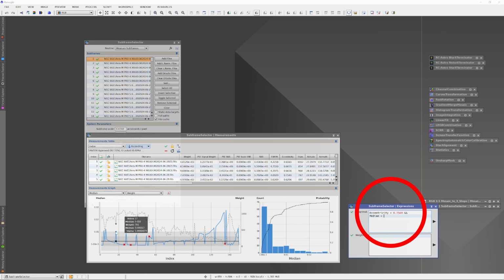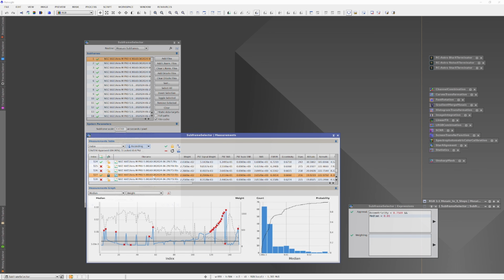So to enter another expression, you have to enter a double ampersand after the previous expression, and then return, and on the line below, I'll hit median, less than, and find the lowest median score above the second standard deviation and enter that. Then hit the right triangle to action it. And now we can see all the subs that were above the second standard deviation of median have also been